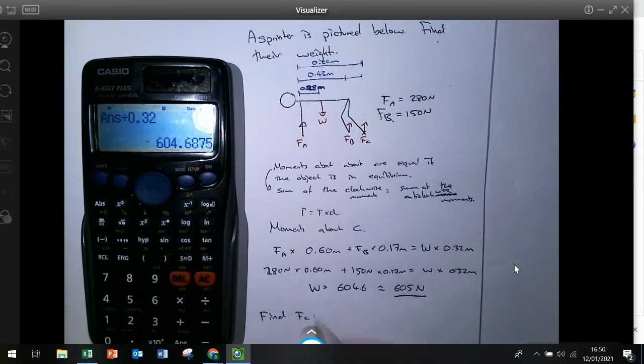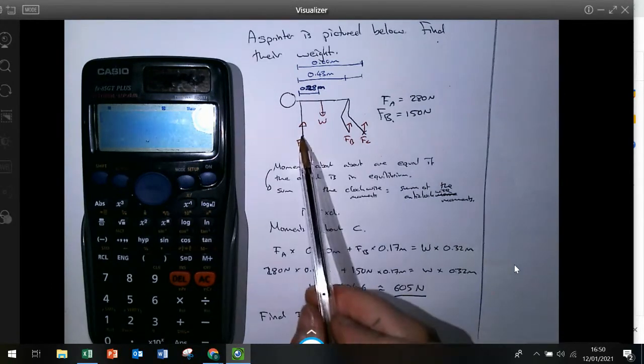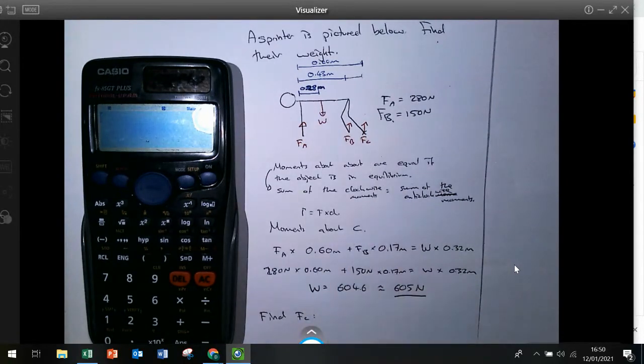So pause the video now and complete this question. So you could repeat this process by taking moments about one of the other points. There's nothing wrong with doing that. There is also a slightly quicker way. We can say that if we know what force A is, and we know what W is, and we know what force B is,